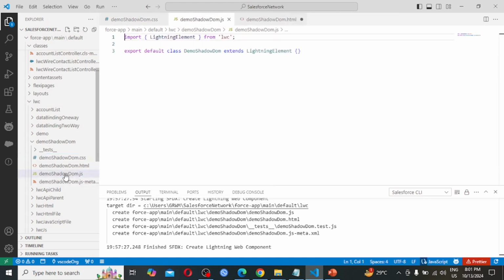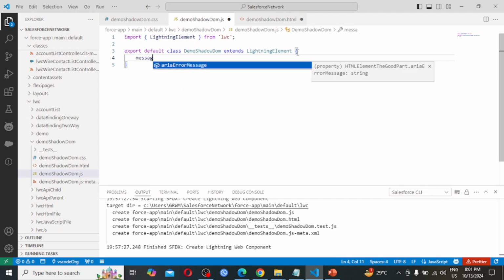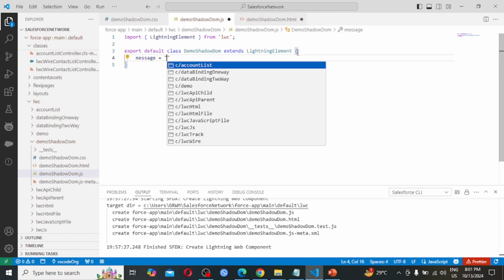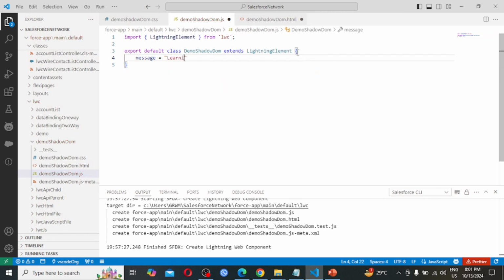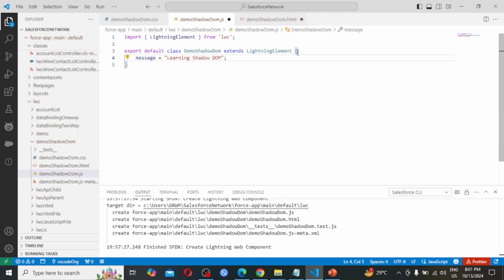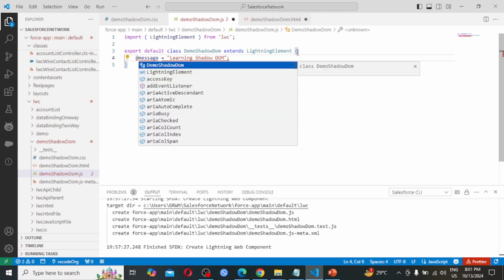Again I am going with my JavaScript file. So here what I am doing, I am creating a property by the name message, and in this I am putting learning shadow dom, and decorating this property with the @api decorator.